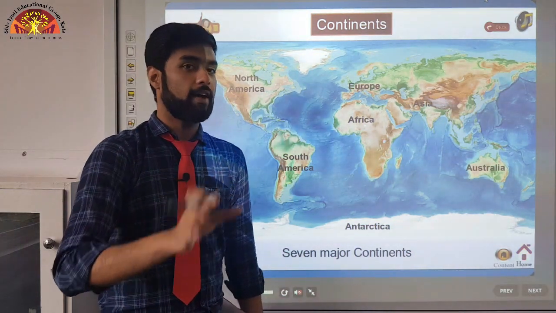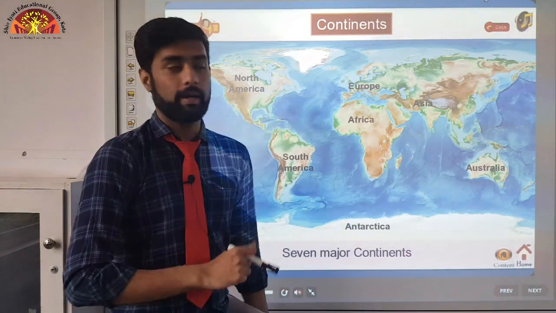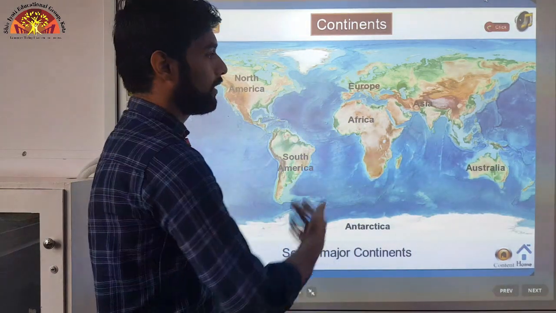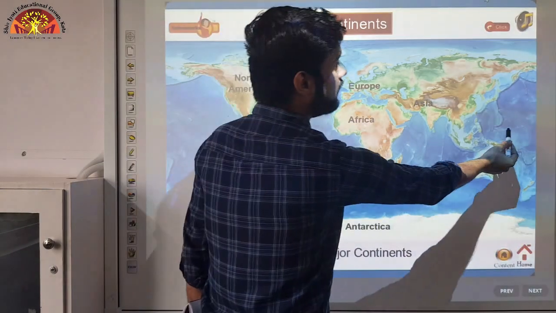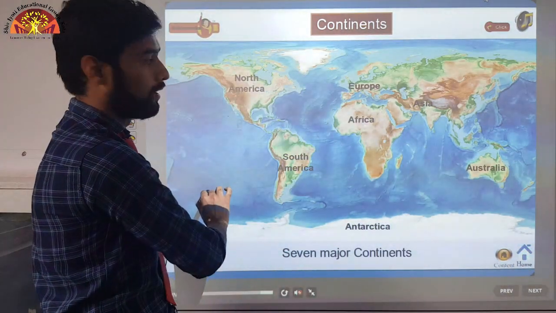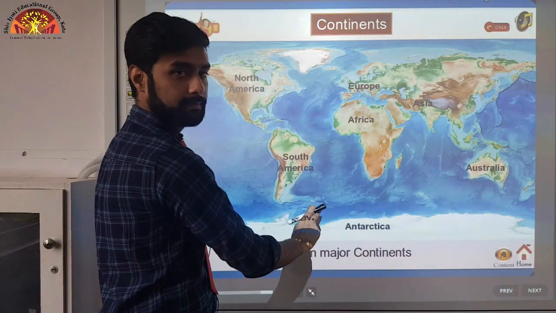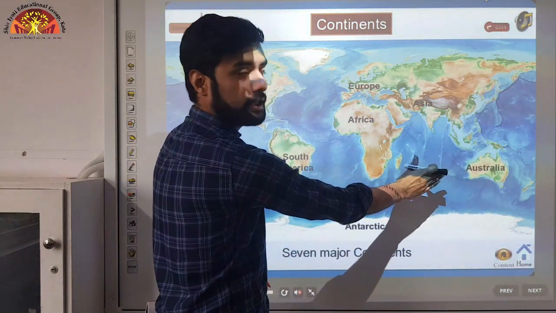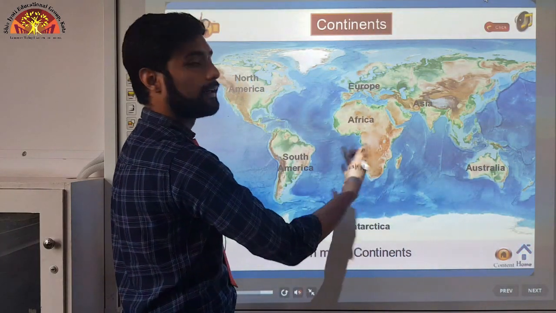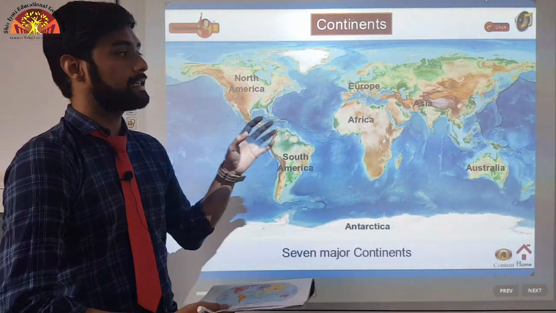How many land masses do we have? We have 7 land masses. Apart from that, we also have ocean basins, okay? Now, I'll just tell you where the ocean basins are. We will be covering ocean basins much later. Now, see here, this part here and this part here is the Pacific Ocean. Okay, that is the Pacific Ocean. Then you have the Atlantic Ocean here. Okay, then we have the Indian Ocean, Arctic Ocean and Southern Ocean. We will be discussing these oceans in further detail as well. But for now, let's stick to our topic, that is continents. We are discussing lithosphere, correct?